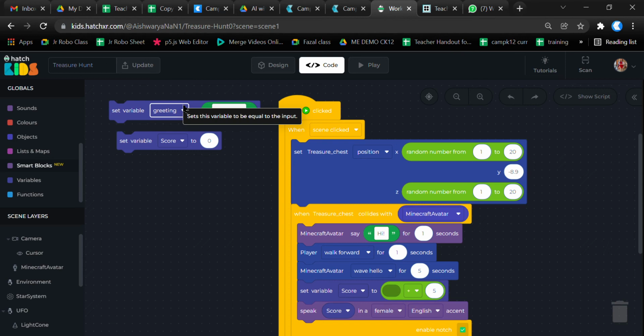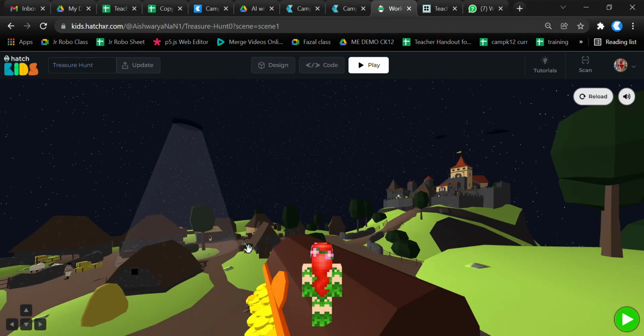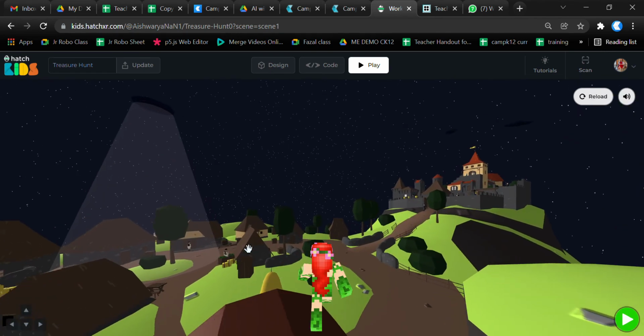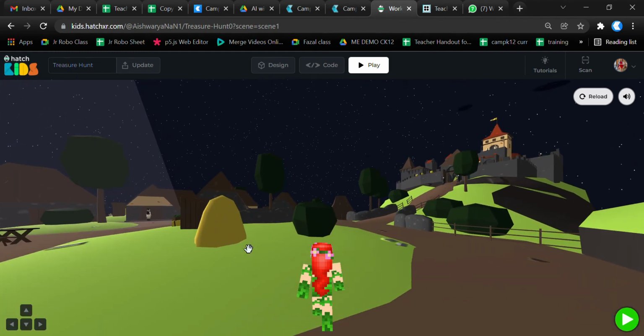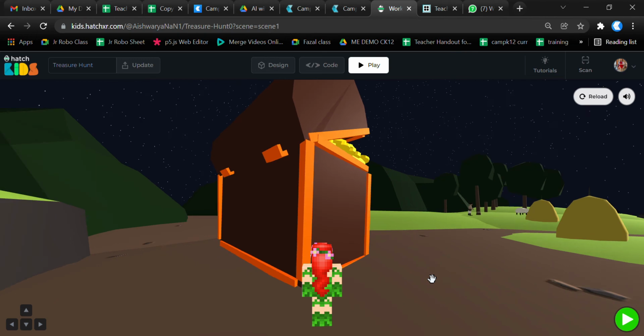and then when you update the project, you go to the play section, and in the play section you will see when the player collides, then using the smart new blocks, which is a new available section in Kit HXR, the female voice is going to call out the score that gets updated. So let's just wait for it. So let's see, and okay, let's see what we do is we start this, and we do not want the treasure chest to just go here and there. Rather, we just want it to collide